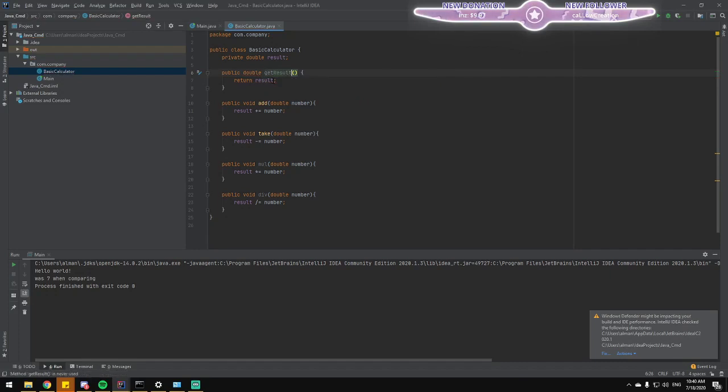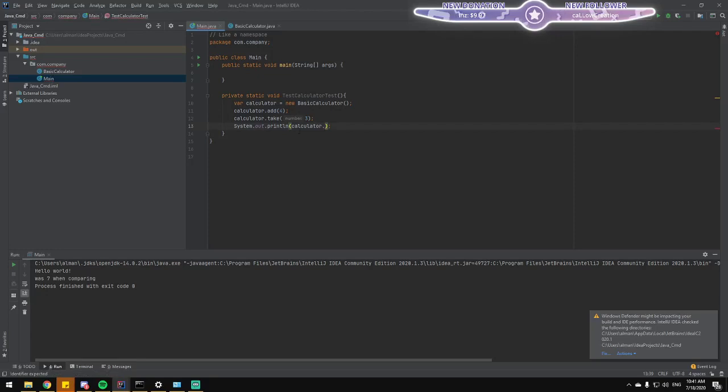So people might wonder, why am I not exposing result directly? It's one of the principles of object-oriented programming that we do not expose stuff directly. We try to conform to encapsulation, meaning that sometimes we don't need to write the result directly, and it wouldn't make sense if we wrote result to calculator directly. We just want to get it. So a read-only result is only available if you use a property or a method. Let's run it.